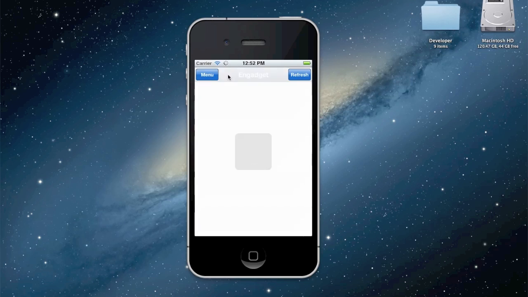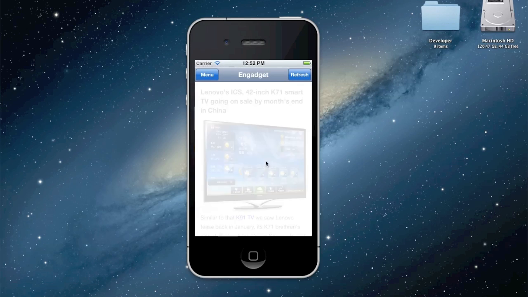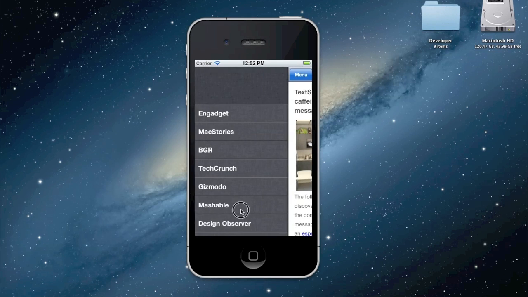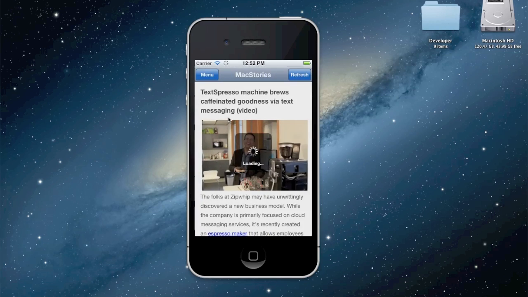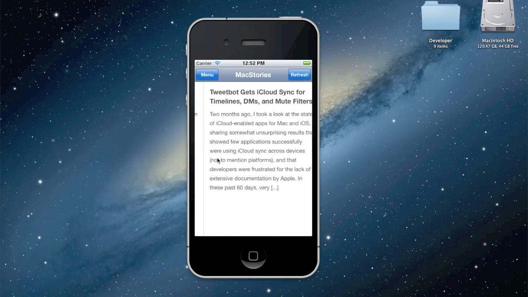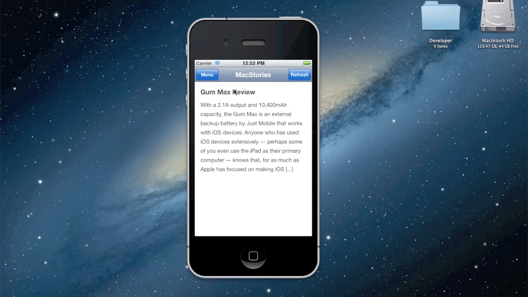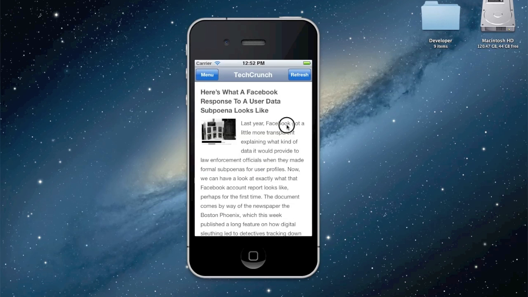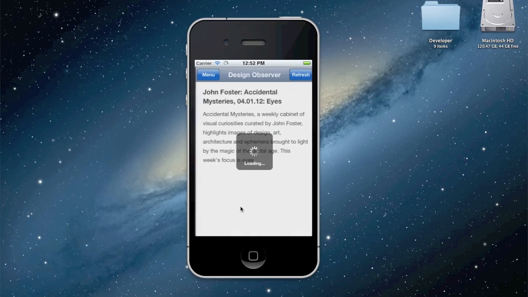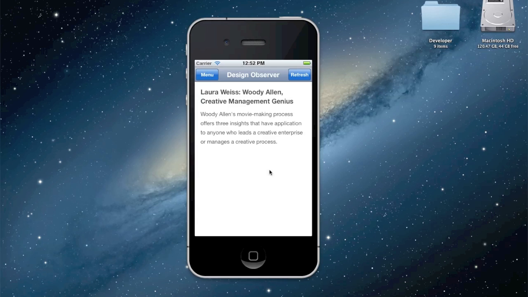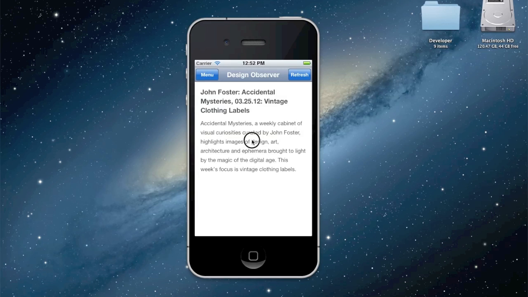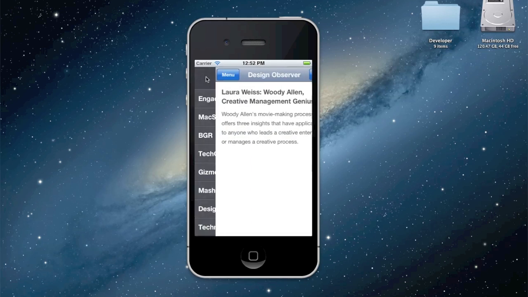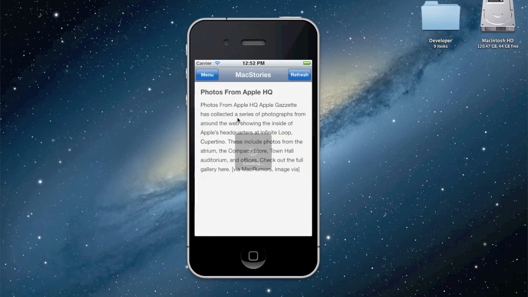So this is Engadget, we're reading Engadget, but we'd like to switch to Mac Stories, one of my favorite blogs. So now we've switched to Mac Stories, and Mac Stories is up here as well. TechCrunch, Design Observer. Good. And now let's hit refresh again, just to test. Okay, so now we have